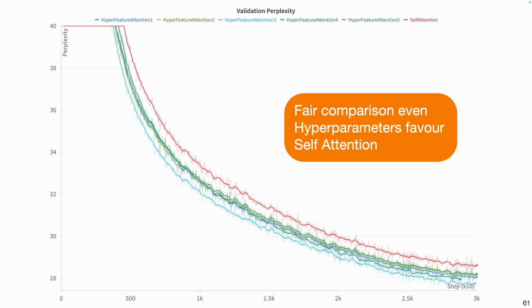And in these experiments, I chose most of the hyperparameters the same as the GPT-2 paper, so I believe they slightly favor the self-attention based network. Also, these were the first results I got, so I'm sure if I tune things more, I'll get better results for my architectures. Furthermore, I'm currently running some experiments with larger models, like couple billion parameter models, and I see that things are scaling up. In short, we have some novel modules that naturally arise from our theories, and with experiments we show that those modules are better than self-attention based neural networks in the next token prediction task.